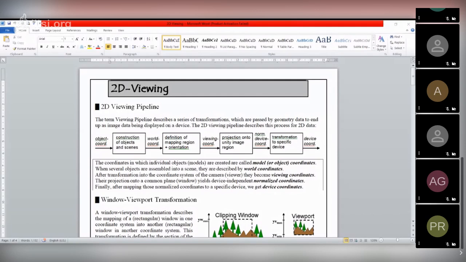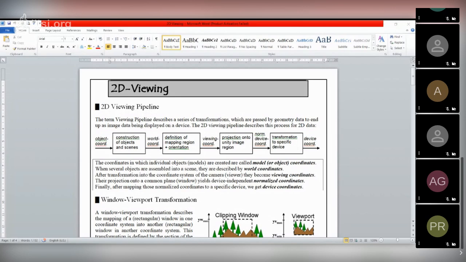Then the world coordinate. When several objects are assembled into the scene, they are described by the world coordinate. What does it mean? Suppose a scene is constituted of various objects.